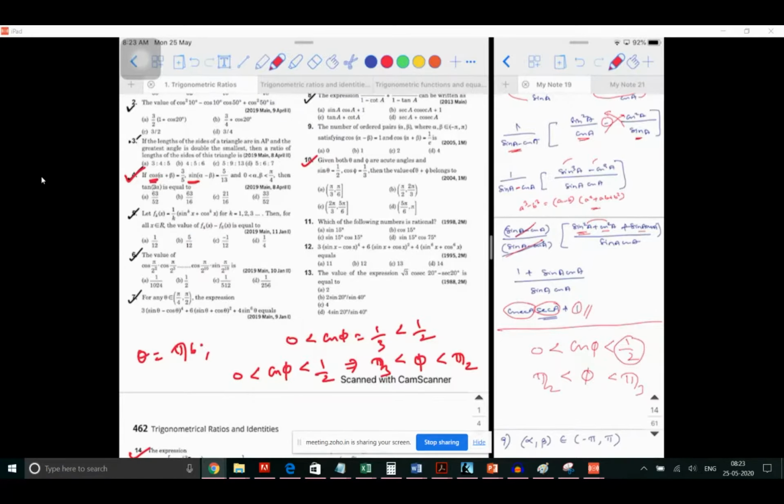But is this the way things are going to be? Can someone correct me? I'm saying that this step is wrong. And that's a one word answer. If someone can think of the logic and tell me why I'm doing this. Sir, cos is an acute angle. No, that's not the reason.